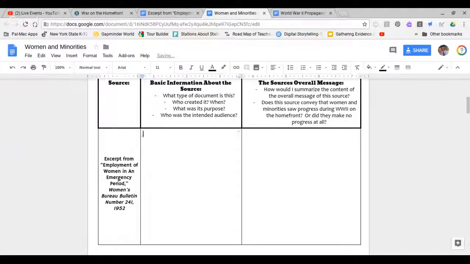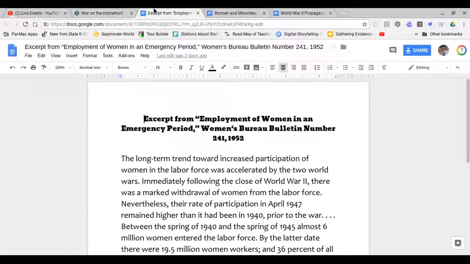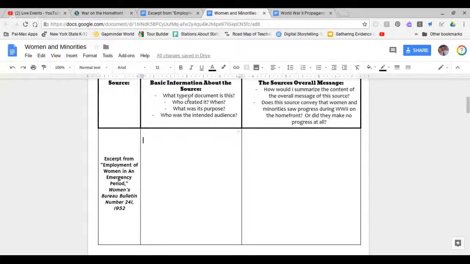So for the rest of class, this is what you need to accomplish. And if you don't finish it, that's okay. You're going through the sources on your worksheet with the group. You all should be in a group of 3 to 4 people with the same sources on the worksheet. There are 8 total. You'll have 4 of them. So you find them, you open them, you read them, and you answer questions about them. Make sure you're following along for this too. You should be answering these 4 questions here, and then the source's overall message. Do this first, do that second, and once you've completed that, please make sure that you move on to the next one. Don't jump too far ahead until it's all completed.